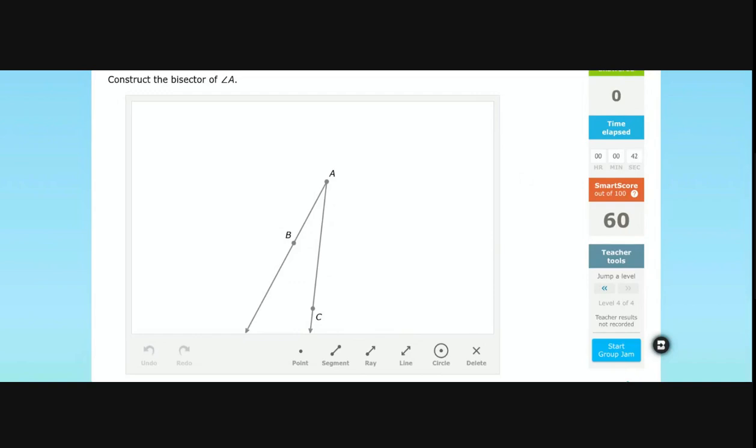Another type of construction that you will need to do would be to construct an angle bisector. An angle bisector is going to be a line that goes through the center of an angle, cutting that angle into 2 congruent parts. We'll start like we do most things with a circle. In this case, we're going to start with a circle around point A. When we do that, we see intersection points along the rays that create the angle. So we have point B and a second point that intersect the circle. We can connect those 2 points with a